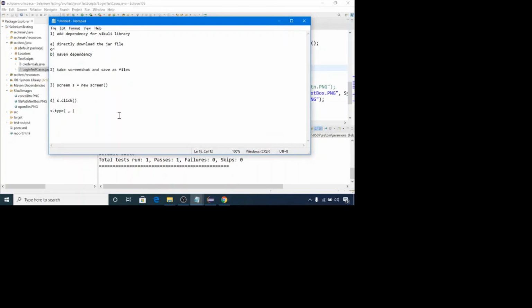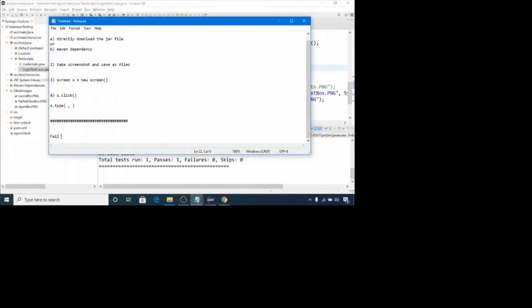While doing this we faced one issue, that was FindFailed in region. Most people face this issue while automating Windows desktop UI with Sikuli. I explicitly covered this scenario in this tutorial, because if I had changed the resolution of my machine to 1280 by 720 at the start, you would not face this issue.